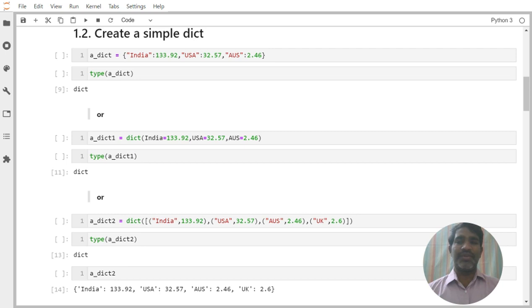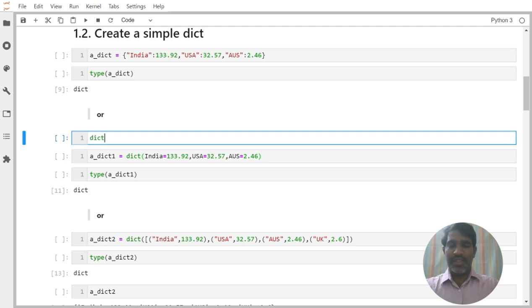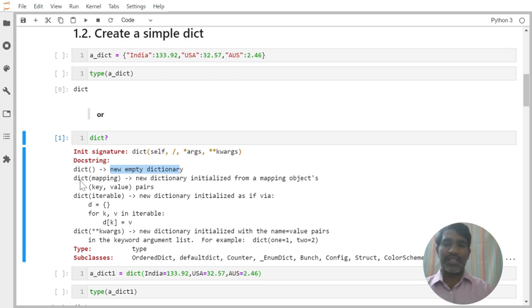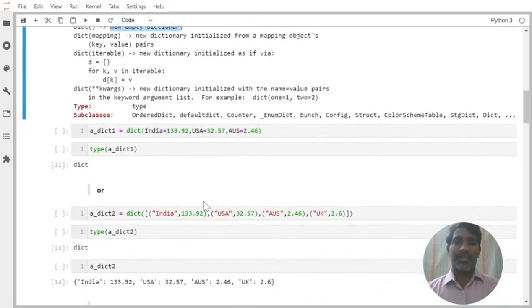The other syntax is we can use the dictionary class. Dictionary is an inbuilt class. Using the inbuilt class, we can create it. If you see the help document of this, if I write here dictionary, then go to the help document. Now you can see if you want to create a new empty dictionary, we can simply use dictionary like this. If you want, let us say dictionary iterable object, that means inside this, whatever we want, similar to this one, we can pass it. Key is equal to value, key is equal to value, like that.